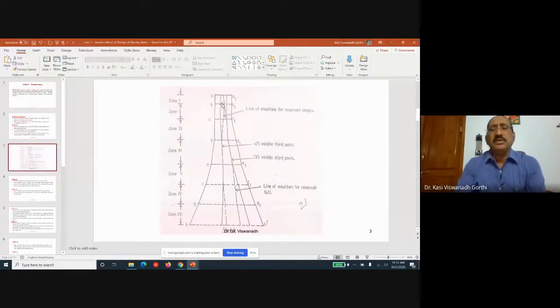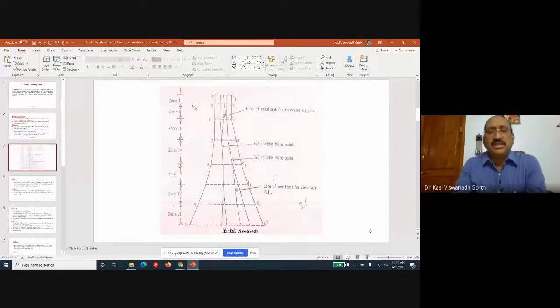So, we need to see at each of the zones whether the resultant of all those forces acting up to that point in that zone is passing through the middle third or not. If you see here in this figure, we have AA1 as the top road width carriageway, and BB1 is another section which is considered horizontally, so that zone 1 constitutes AA1, B1B. So, this is zone 1. Similarly, zone 2 in the figure, BB1, CC1. How to fix this zone? We will see in the coming discussion.